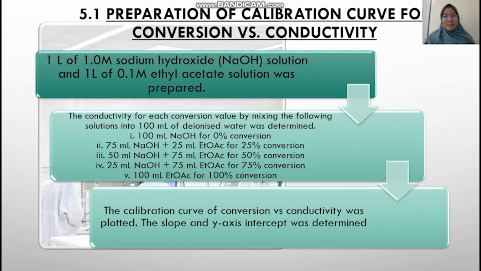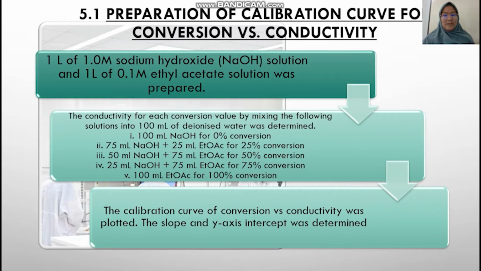First, we are going to prepare the calibration curve for conversion versus conductivity. The conductivity for each conversion value was determined by mixing the following solutions into 100 milliliters of water, which for 100 milliliters sodium hydroxide is 0% conversion,